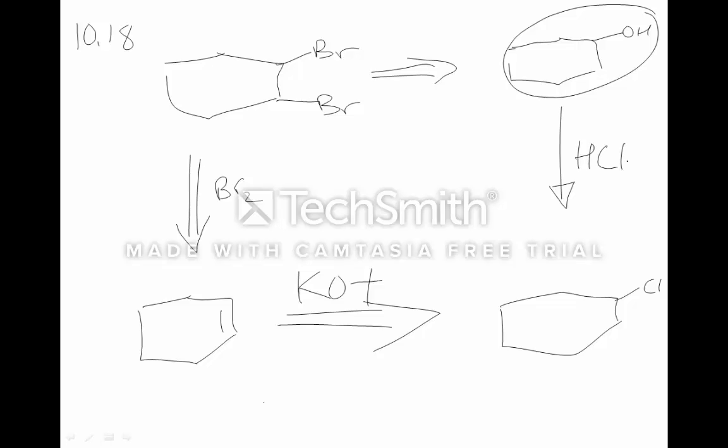You could convert it to a tosylate first, but then you would need some sort of chloride source, and we haven't talked about that as much. But in any event, you can treat that with HCl. And SOCl2 was the other one that we mentioned in Chapter 9. So there's multiple ways,